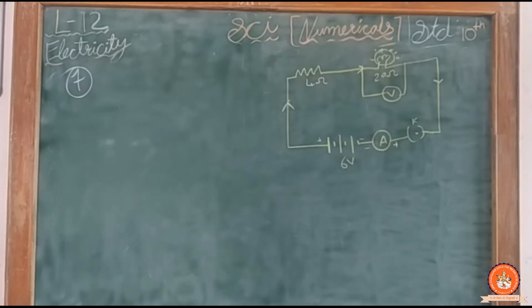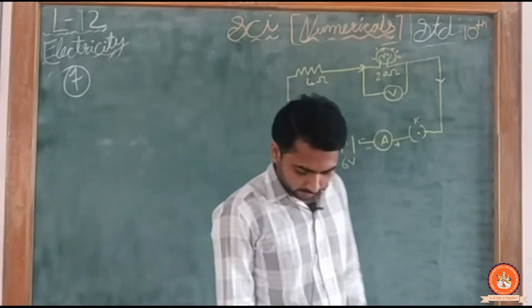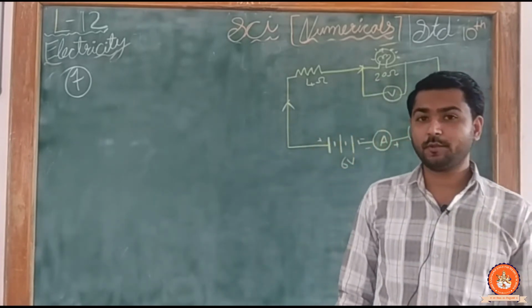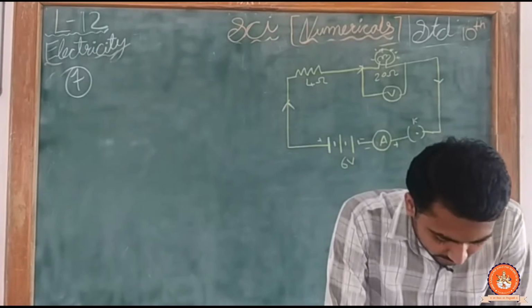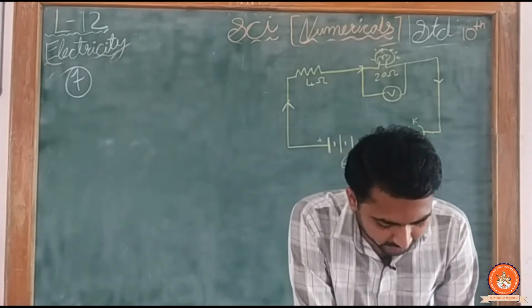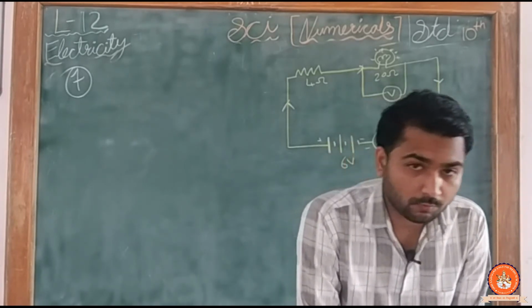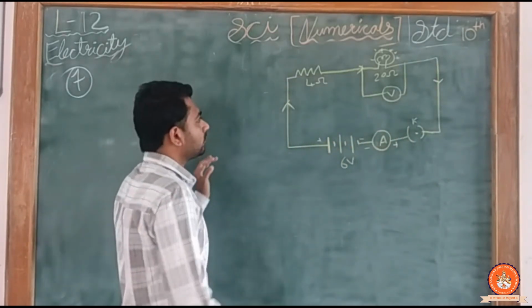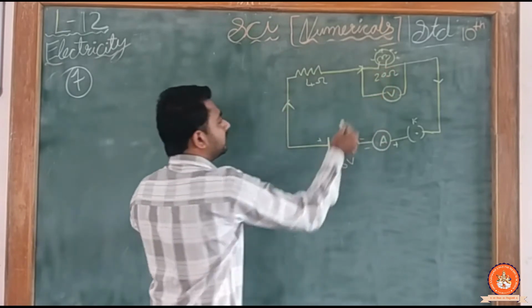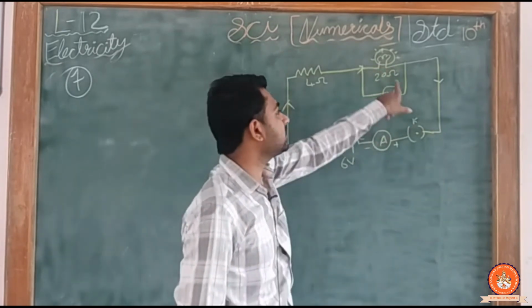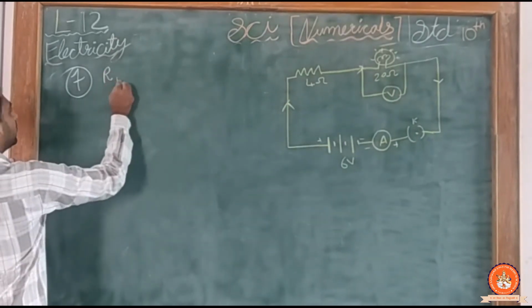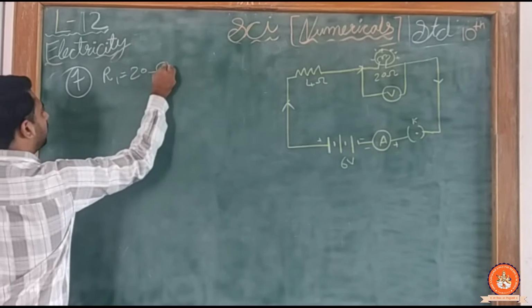Now students, coming on to our next question, that is question number 7 on page number 212. Read the question from a textbook. They ask us that a lamp whose resistance is 20 ohm. Okay, I had prepared the circuit which is given in your textbook. So this is our lamp. Okay, the lamp has its own resistance, that is 20 ohm. Okay, so I will write R1 is equal to 20 ohm.